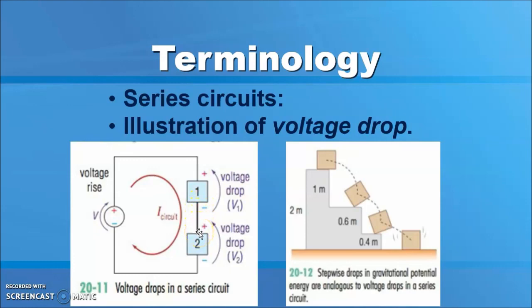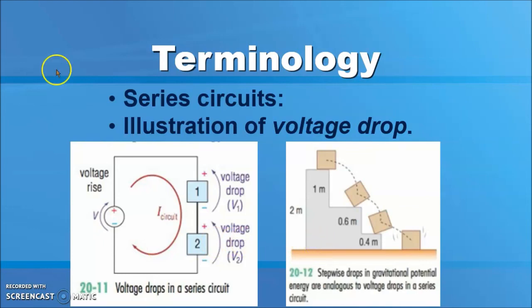1 drops to 0, 0, 0, 0, 0, 0, then it adds 2 again, and the circuit continues to go. Now, this is what we call voltage drop whenever it goes through series. You can think of this kind of like potential energy. Now remember, potential energy, when we talked about it a long time ago,